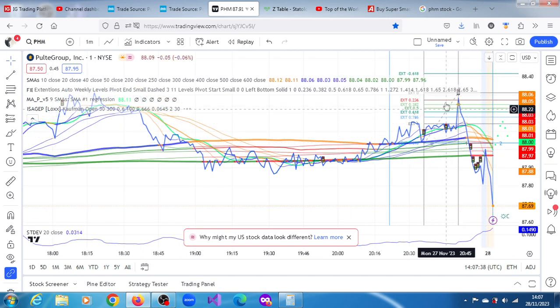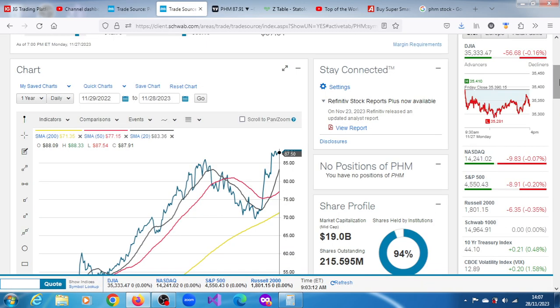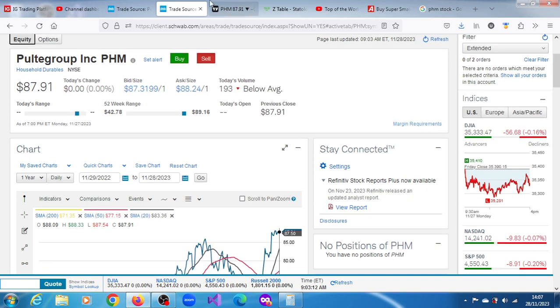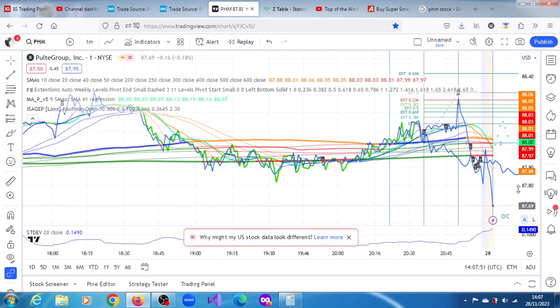Okay, this is the 1 minute chart. It has plunged all the way down to $87.69. Where did it close yesterday? I think we can see that it's 87.91. It graphically looks like the end of the world, but no, as a matter of fact, it's so bullish that it's